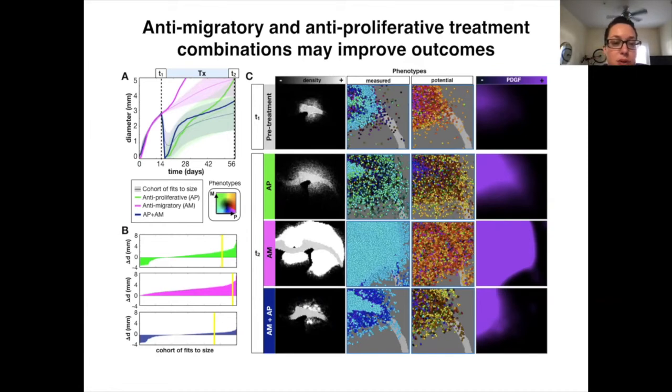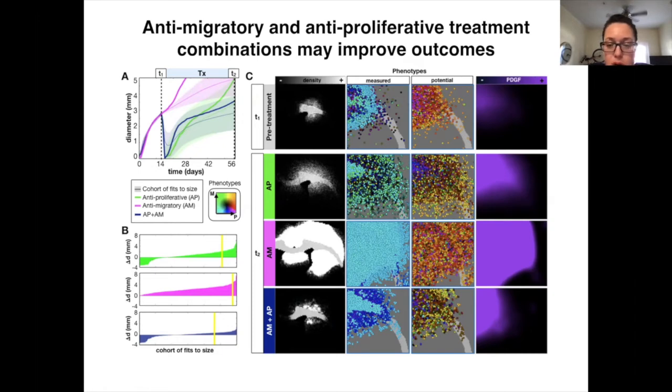If you look at the anti-proliferative treatment, it does pretty well at the start, and then you get a recurrence. But if you do use these in combination, you do get a response, and it seems to come back a little quicker, but then is a little bit slower for longer term response. And we can plot this down in B as a waterfall plot. So your anti-proliferative treatment amongst this full cohort of best fits, this is just fit to the size. We get some tumors that respond pretty well, and a lot of tumors that recur. When you apply this anti-migratory treatment, of course, this isn't killing any cells, so you really just get it to slow down or not. And then when you apply them both together, you also get quite a distribution of different